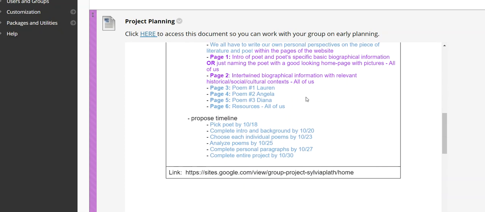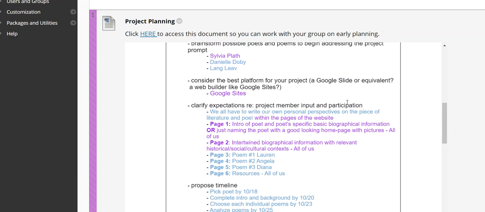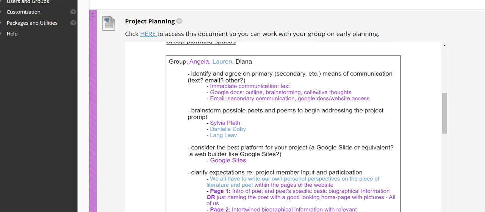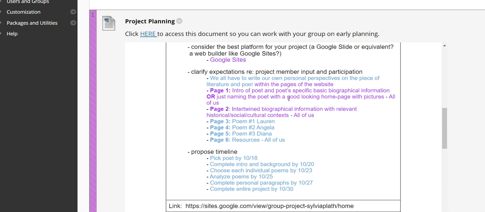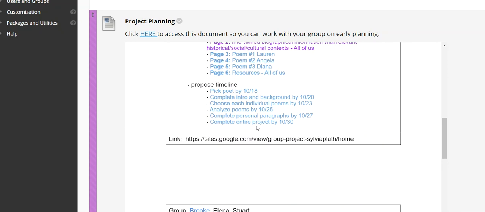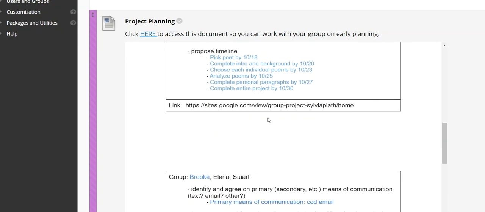This might change as you develop the project, but they've done a really nice job of setting the framework here, where, assuming in Unit 6 that they've coordinated how they're going to communicate with one another, it looks like they've decided on text. So they've shared that out, they figured that part out, and now they've started laying a really great foundation for the project itself, even proposing mapping out a timeline here. It looks really good to start out with, so really nice work, guys.